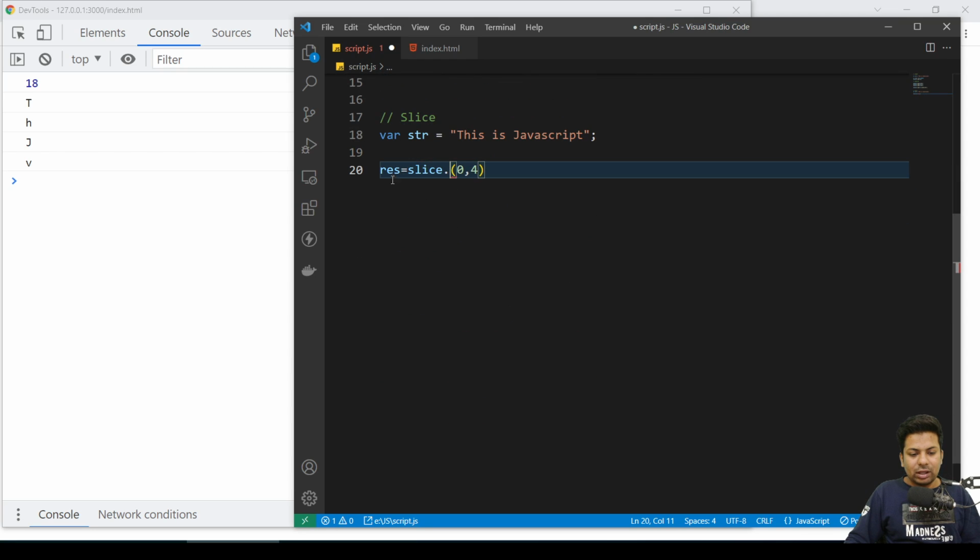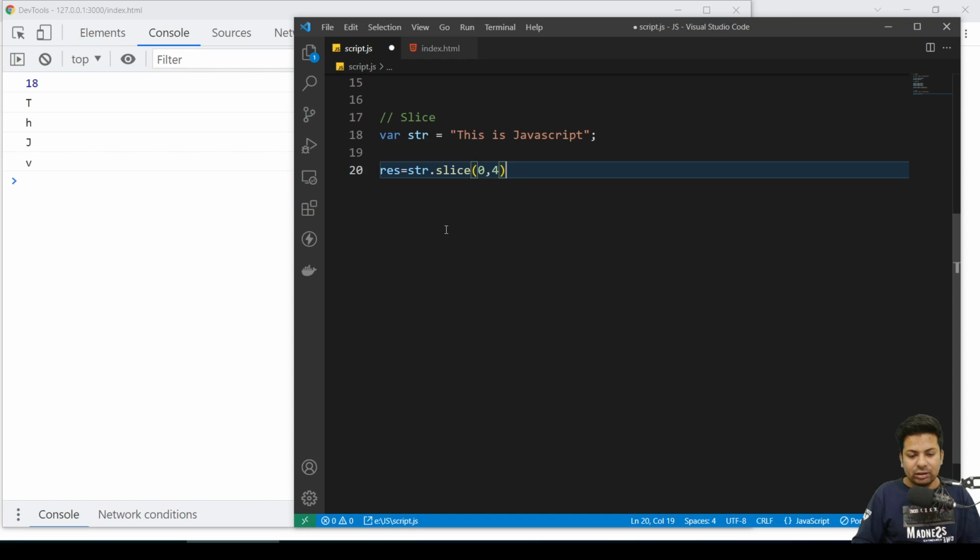So I'm saying str.slice from 0 to 4, give me all the letters. So it starts from 0, it will give you T, then H, then I, then S. So 0, 1, 2, 3 and 4. So till 4 only, it won't give you the fourth one.